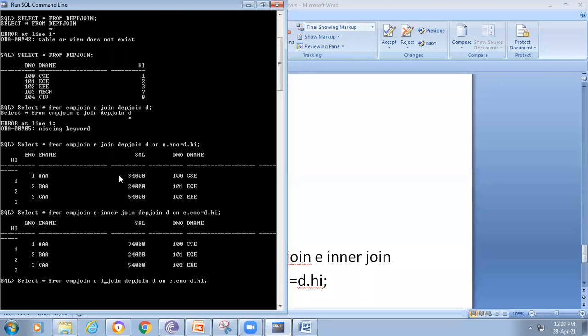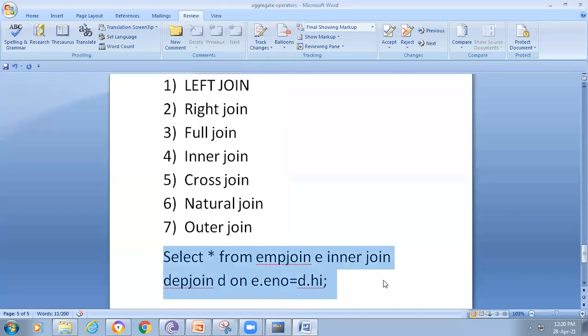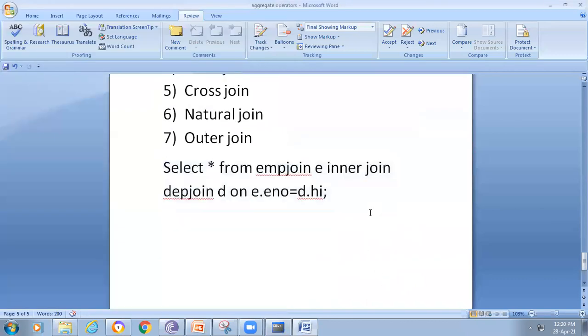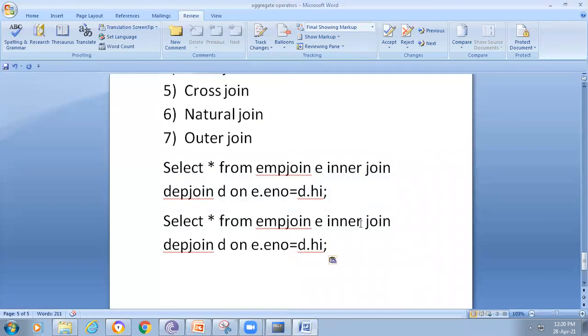So I'm just changing the keyword to left. Here we need not change anything else. If you observe here, I mentioned inner, am I right? Now that is removed and I specify left.